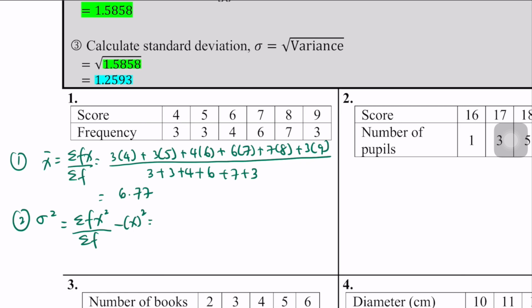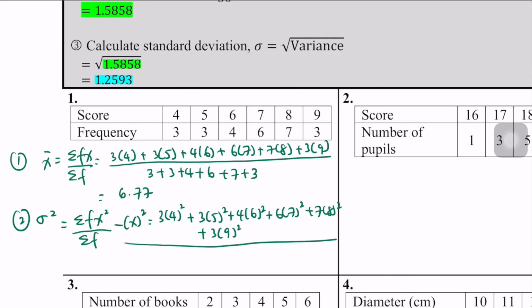So this one is 3 times 4 square, remember you square the score, plus 3 times 5 square plus 4 times 6 square plus 6 times 7 square plus 7 times 8 square plus 3 times 9 square, divided by 26, and then you minus the mean square, 6.77 square. Press your calculator carefully and your answer is